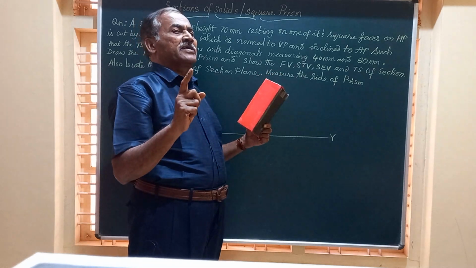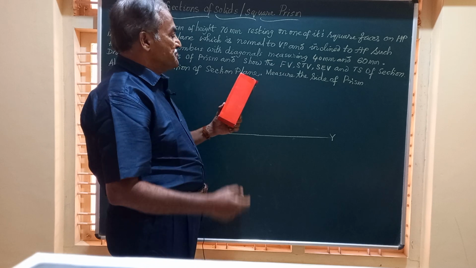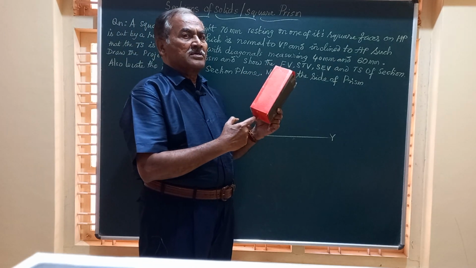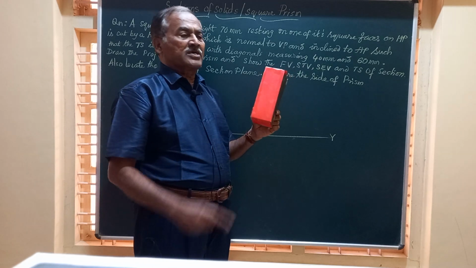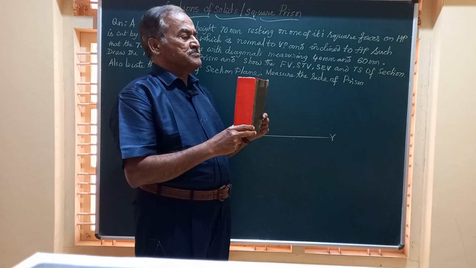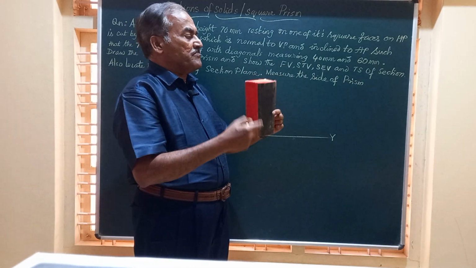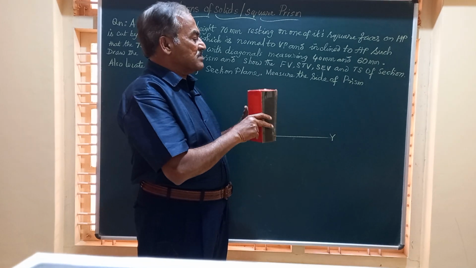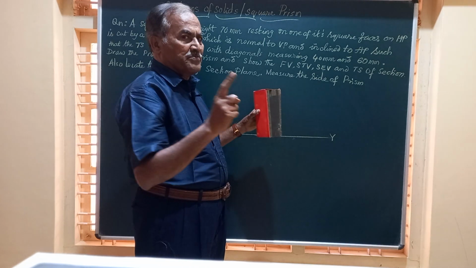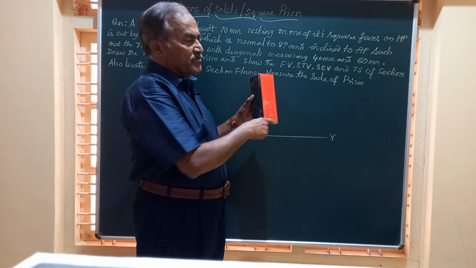We have worked out already a problem on this. But here, friends, he has not given the side of the square prism. He has given only the height. And remember, friends, when you hold this prism with one of the diagonals perpendicular to VP, just like this, or all the four sides equally inclined to VP,